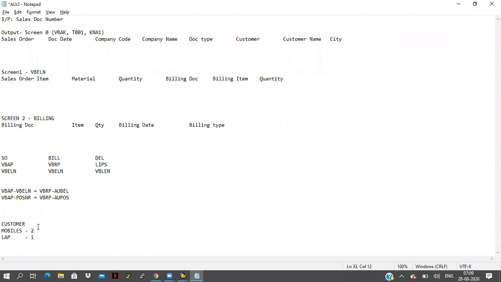Just assume you are ordering on Flipkart or Amazon 2 mobiles and 1 laptop. So at that time one PO will generate for your reference. A PO number will generate for your reference.